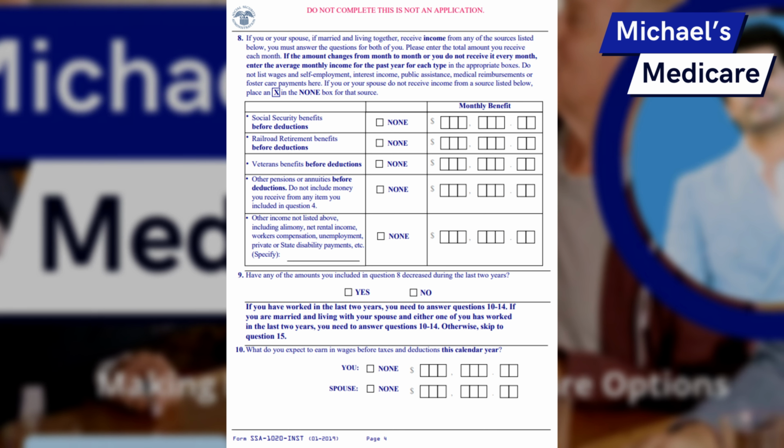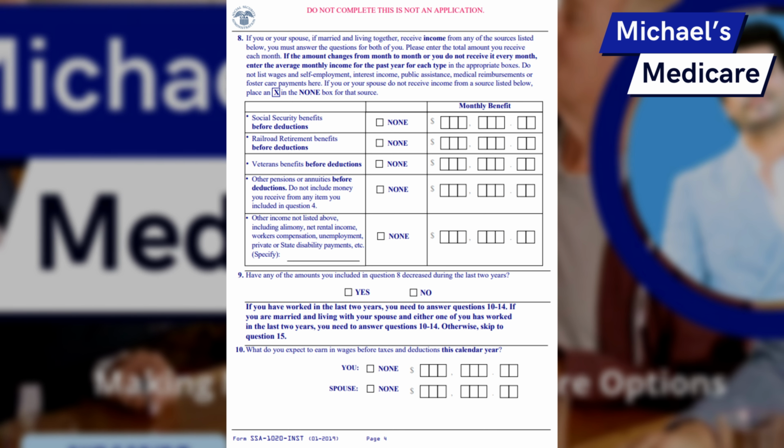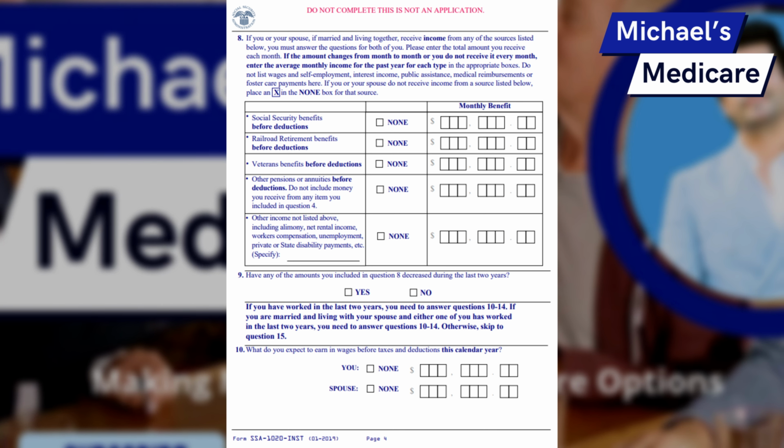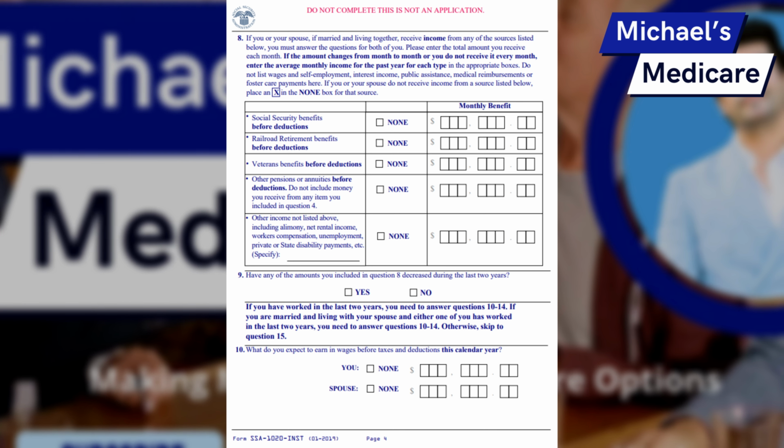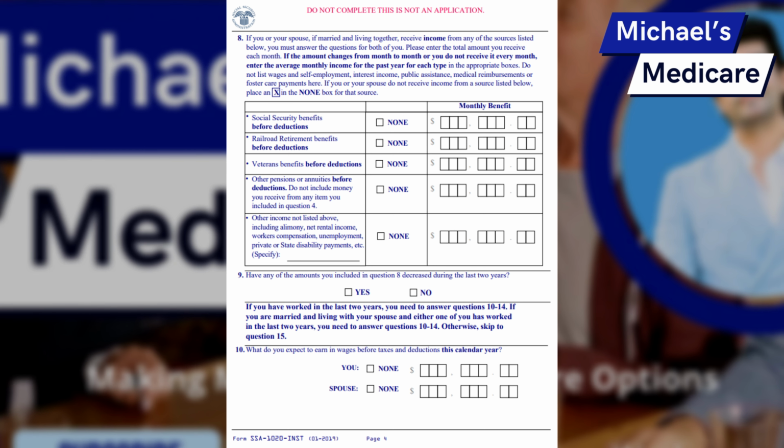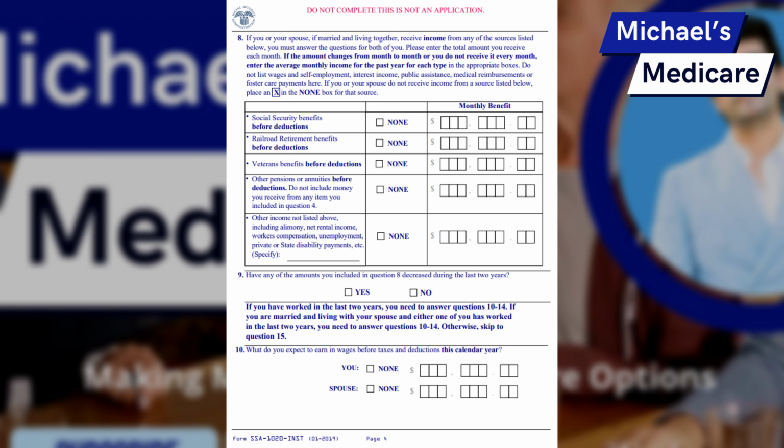If the amount changes from month to month or you do not receive it every month, enter the average monthly income for the past year of each type in the appropriate box. Do not list wages and self-employment, interest income, public assistance, medical reimbursements, or foster care payments here. If you or your spouse do not receive income from a source listed below, put an X in the none